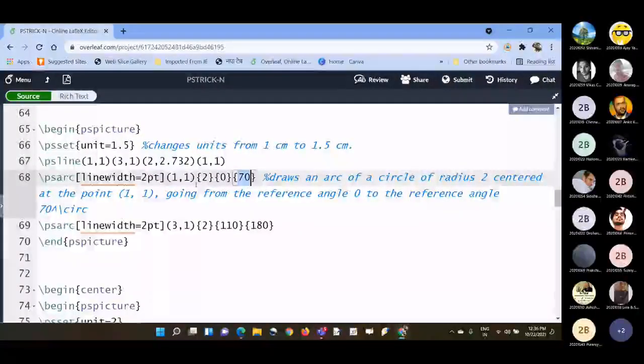Then another arc we are taking at center 3, 1, another vertex of the triangle, and the radius is 2. These are chosen according to this triangle so that they are touching the vertices. And then the angle is starting from 110 degrees to 180 degrees.